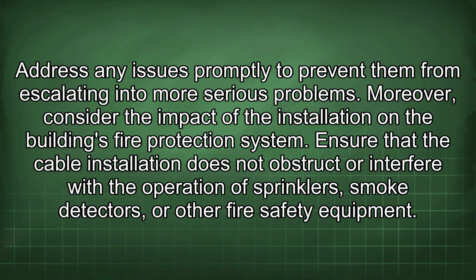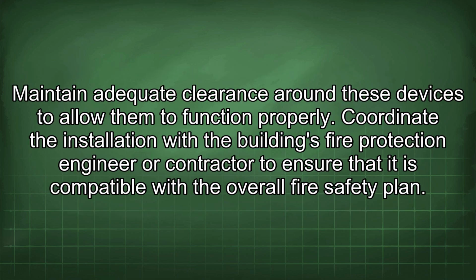Moreover, consider the impact of the installation on the building's fire protection system. Ensure that the cable installation does not obstruct or interfere with the operation of sprinklers, smoke detectors, or other fire safety equipment. Maintain adequate clearance around these devices to allow them to function properly. Coordinate the installation with the building's fire protection engineer or contractor to ensure that it is compatible with the overall